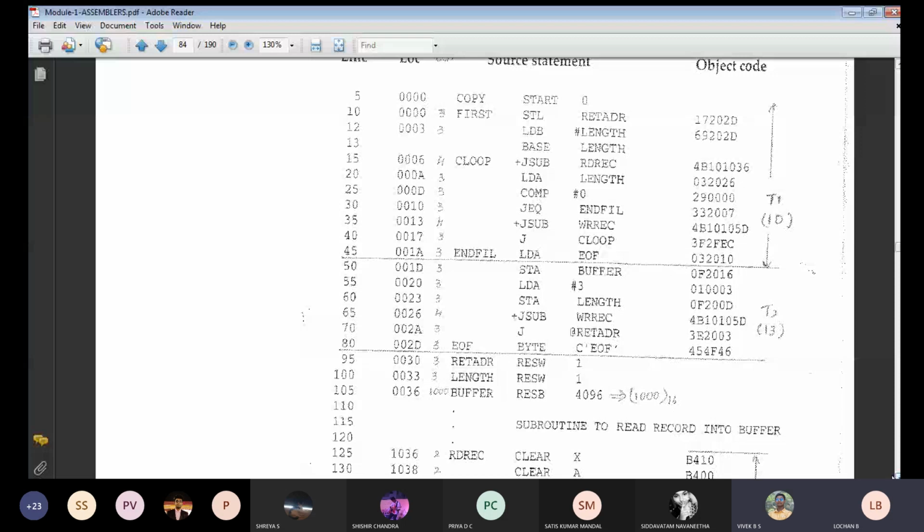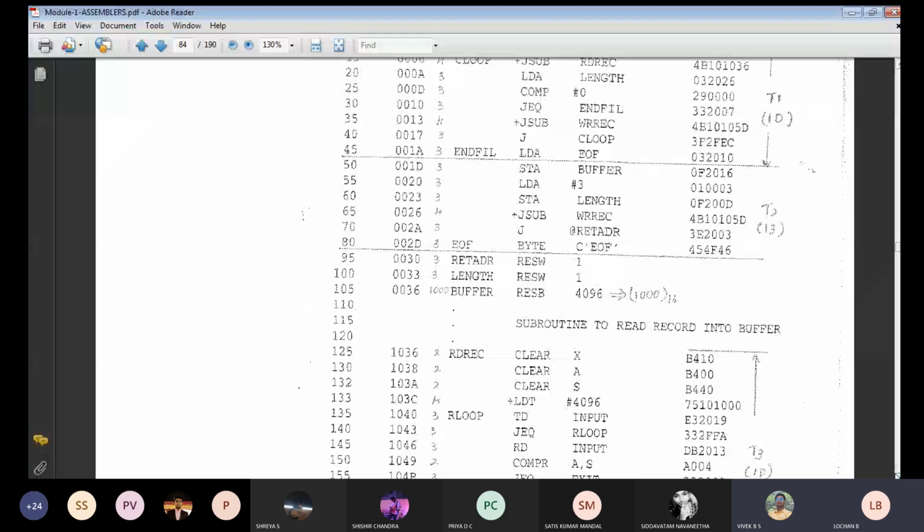RD REC, sir. RD REC. Where does RD REC come? Can you see line number 125? Yes, sir. For that one, we are calculating there. So we want the displacement address. Okay, sir. Have you understood? So you can ask me, because what instruction you got is RD REC. So RD REC, we have